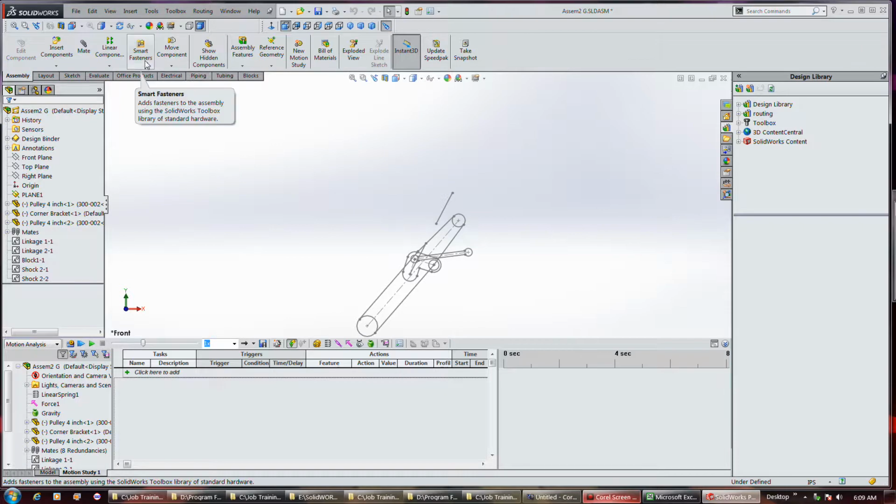I still don't know anything about smart fasteners. I've still got to find a video on that somewhere. Here's calculate new motion study, by the way. But still, this part of the program, like I suspected, is like the sixth major module on this thing. SolidWorks has done a really good job of hiding the complexity in it, like everything else, because there really is a lot of complexity to this thing, and what it can do. It's pretty mind-blowing. Like I said, it looks simple enough, but